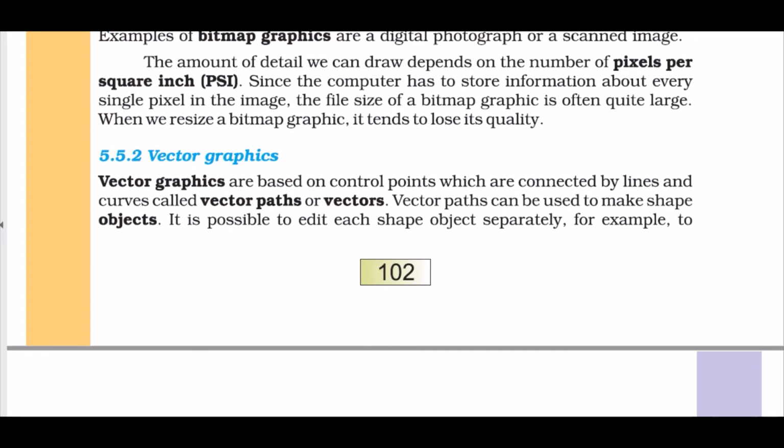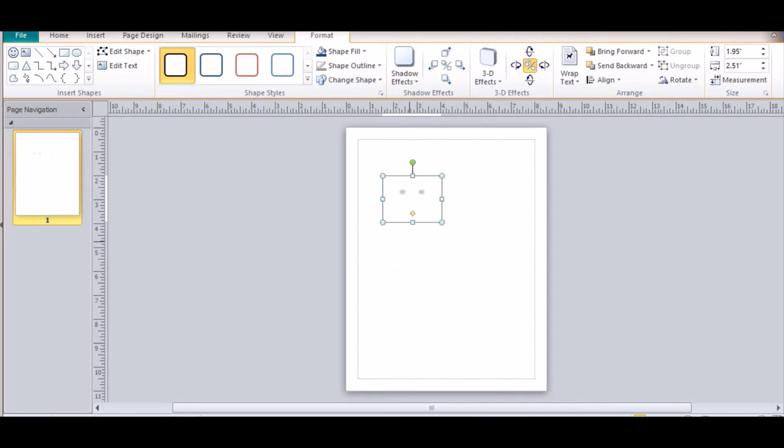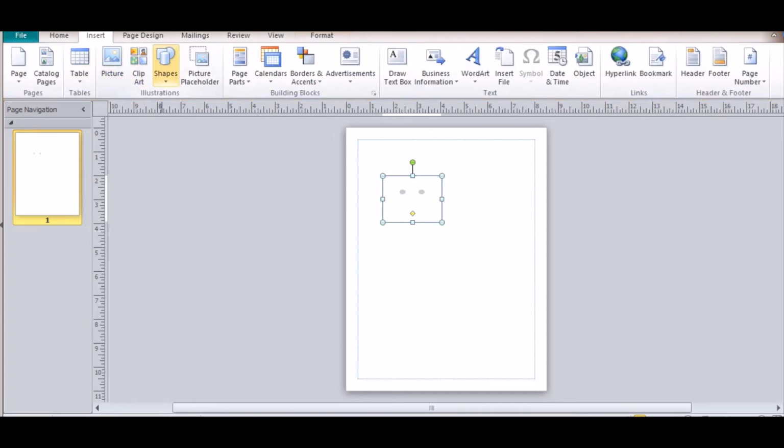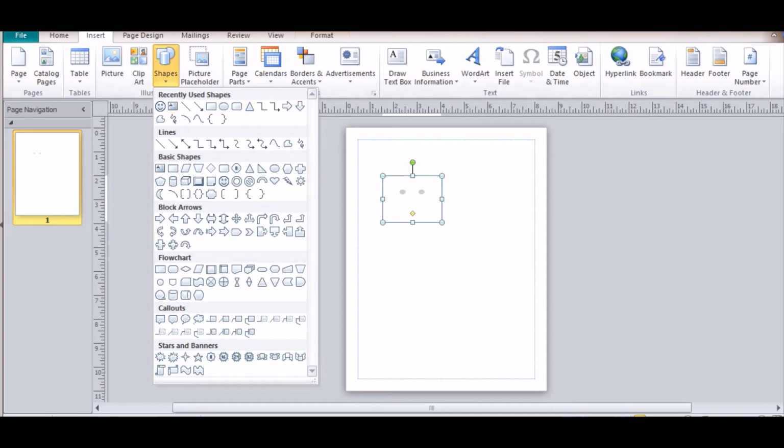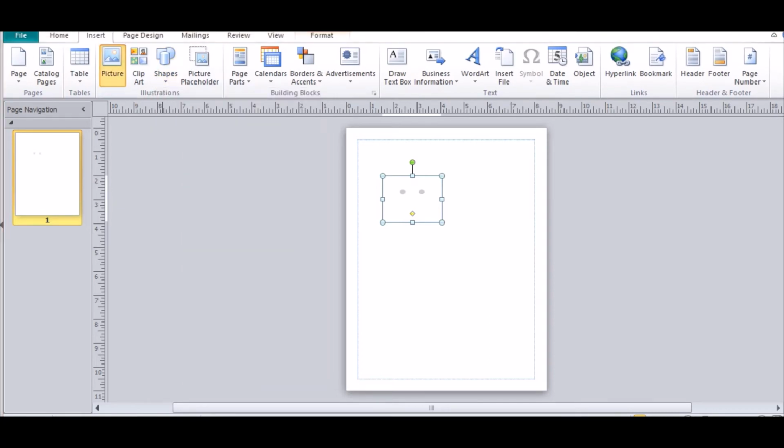Vector graphics. Vector graphics are based on control points which are connected by lines called vector paths or vectors. And if we talk about this, insert, let's say shape or clip art.